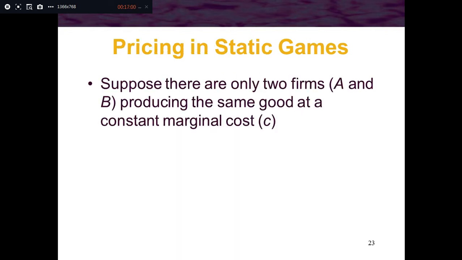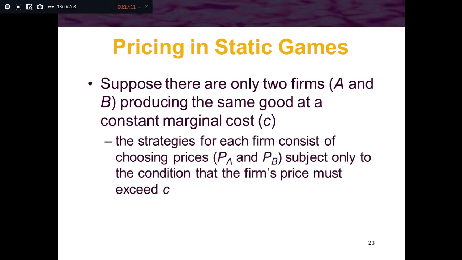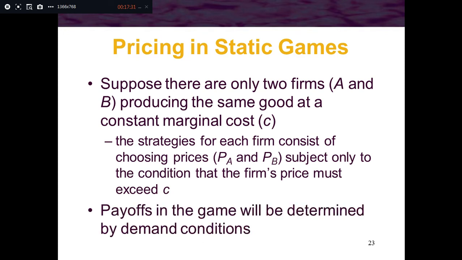So pricing the static game ማለት repetition ማይቻል so suppose there are only two firms A and B producing the same good at a constant marginal cost so the strategies for each firm consist of choosing price PA and price PB subject only to the condition that the firm's price must exceed the cost ዋናው ታርጌታቸው ፕሮፊት ማግኘት ማለት ነው ፕራይሱ ኮስቱን ኤክሲድ የሚያደርግ ከሆነ ትርፍ ያገኛሉ እቺን ብቻ አስበው ሁለት ፍርሞች ፕራይስ ሴት ያደርጋሉ እንበል payoffs in the game will be determined by demand condition payoffs game ዩቲሊቲ ወይንም እነሱ ገበያ ላይ የሚያገኙት ሪተርን በገበያው ፍላጎት ነው የሚወሰነው because ዋጋ አውጪዎች ሁለቱ እኩል ስለሆኑ ማለት ነው